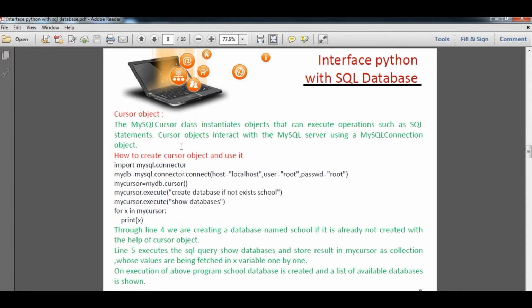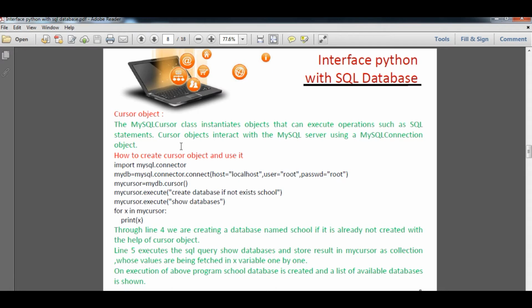Now we are going to talk about the cursor. The cursor in MySQL is a particular class that initiates an object that can execute operations such as SQL statements. Cursor objects interact with the MySQL server through the MySQL connection object.